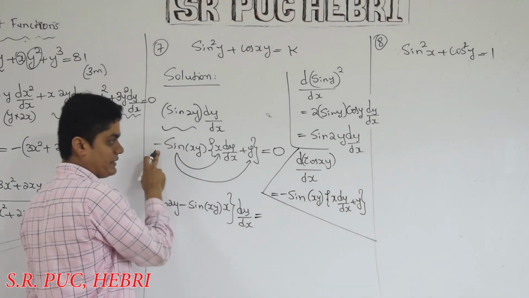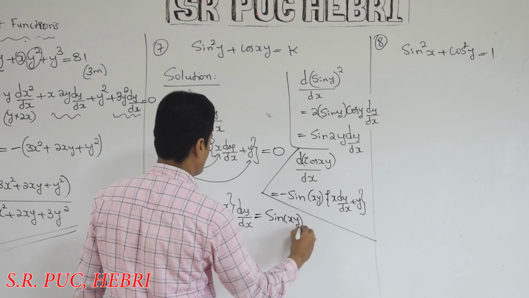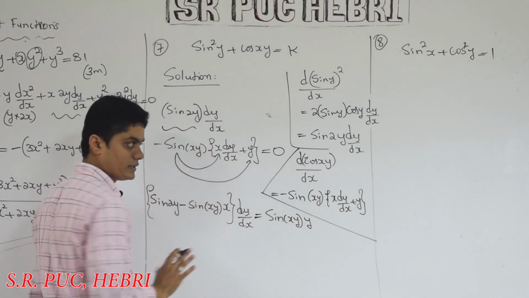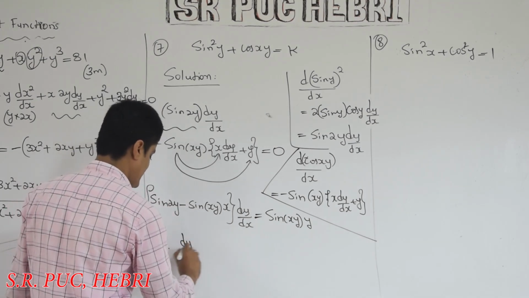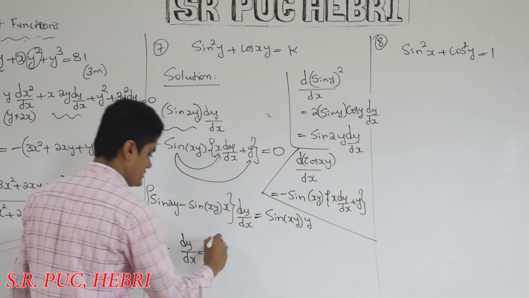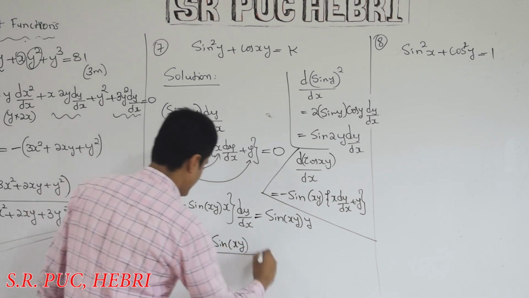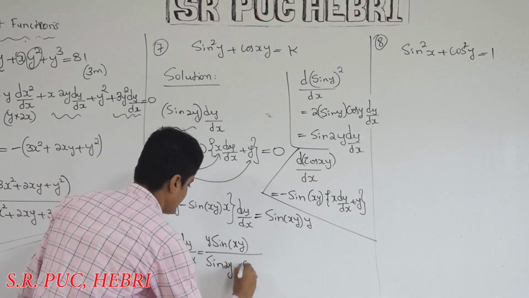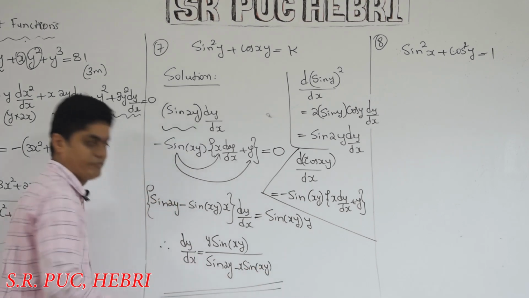Since we are multiplying by minus, when you take it to the right hand side it becomes plus sine of x into y into y. Got it? Very good. Therefore, the final answer: don't worry about simplification, definitely not required. Just keep the final answer like this, the whole divided by sine 2y minus x into sine of xy. So this will be the final answer.